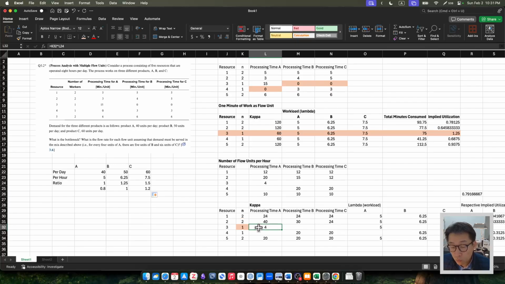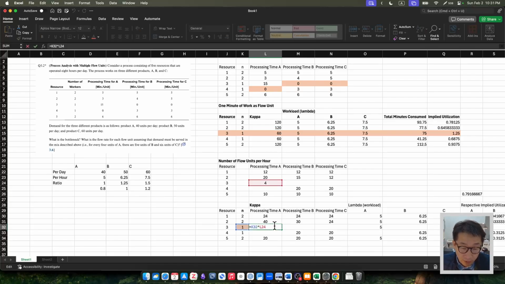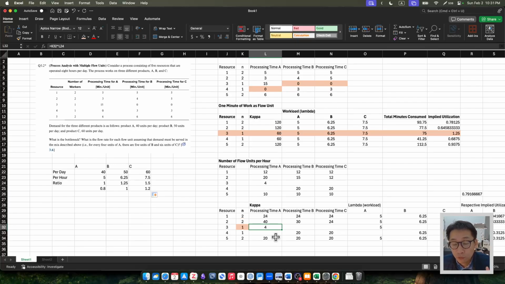If this wasn't a 4, say if this was a 5, then the flow rate for A can go up to 5, and then if A is 5, this will be your hourly